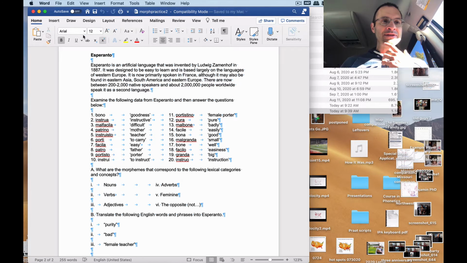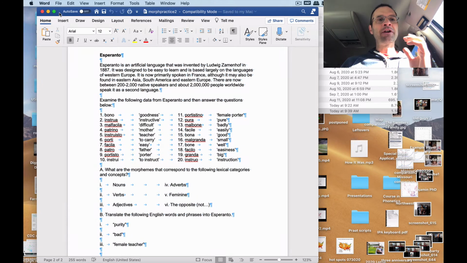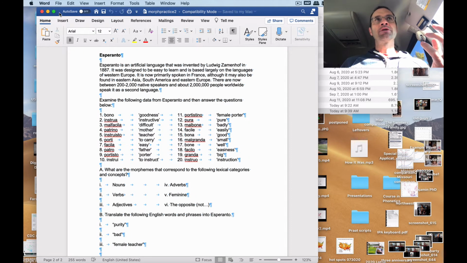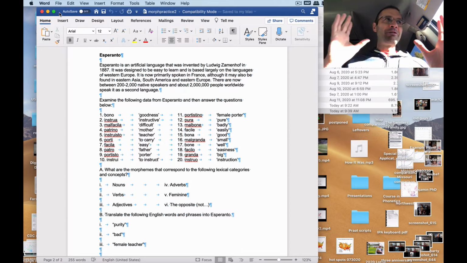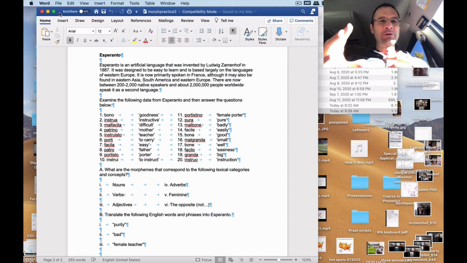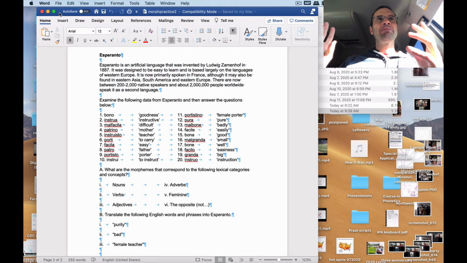in 1887. This is actually not the very first constructed language or artificial language. The first one is called Volapük, which I'll talk about a little bit more later. And that was a language that was created a few years before Esperanto, basically by a language nerd who just thought it was fun to create a language. And then Ludwig Zamenhof kind of took that idea and spun it in a way that